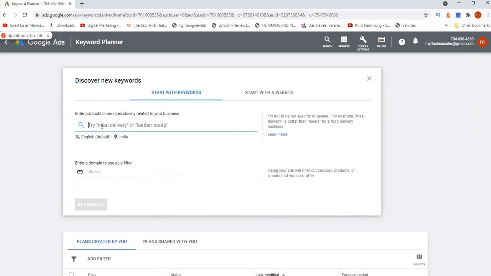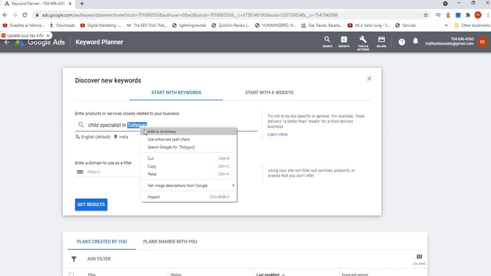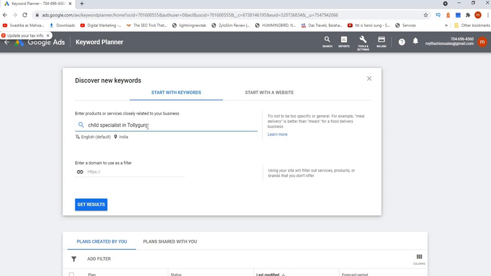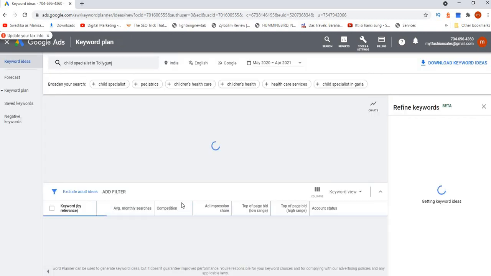So here you have to write child specialist in Taliganj. Say you write child specialist in Taliganj area. Get results.